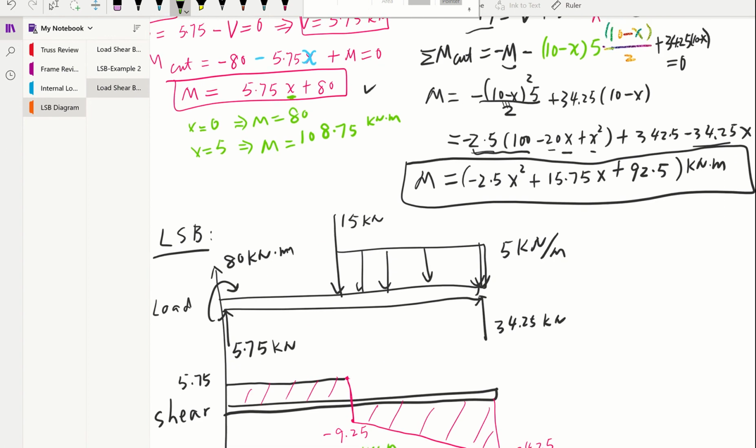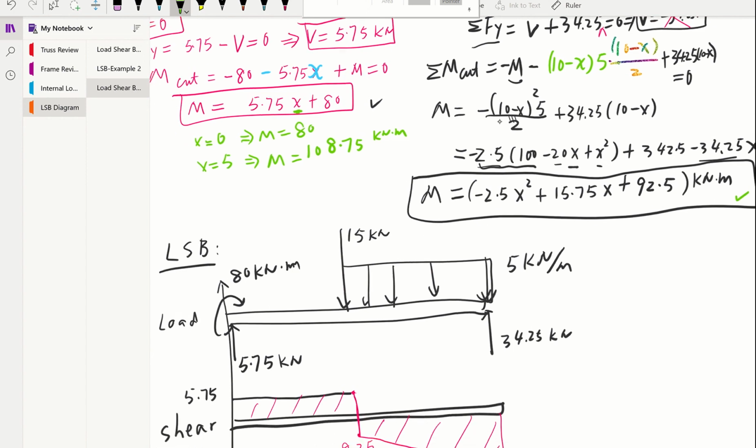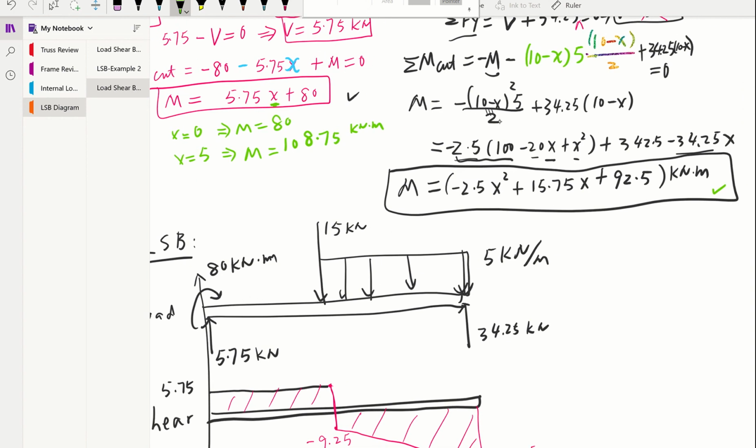Okay. Then let's go to the second half. We have this quadratic equation, and in order to find our beginning and end point, we're going to see x equal to 5 and x equal to 10. When you plug it in, here you definitely need your calculator. So when you plug it in, when x equal to 5, my answer given to me is